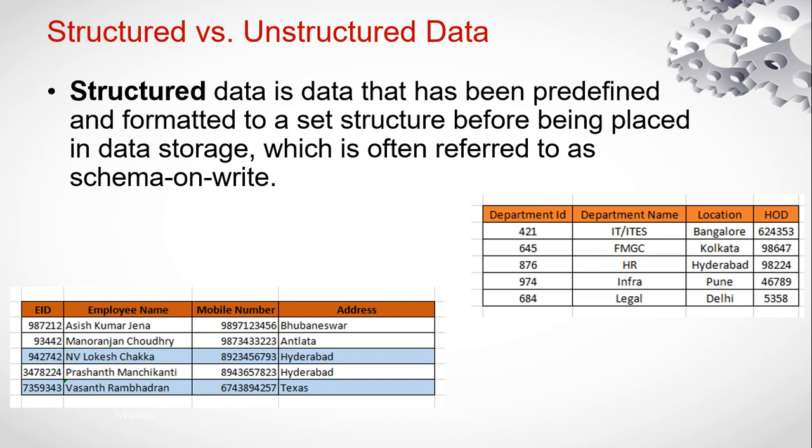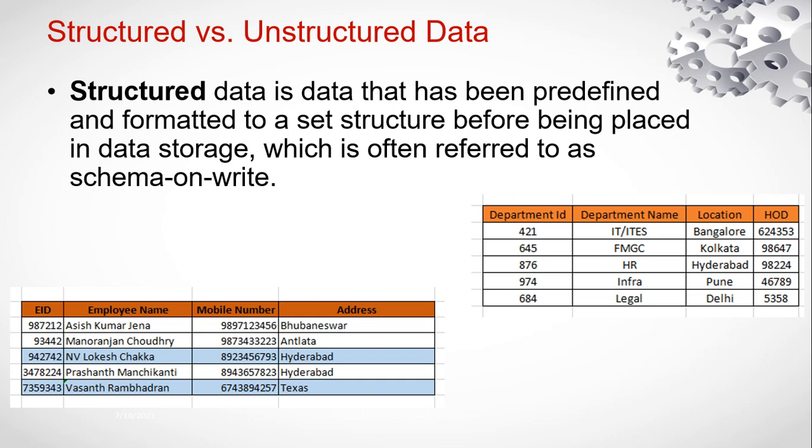Whenever we want to store this kind of data into any system, we define the structure first. Before storing the data to the system, we define the structure. You can see on this screen I have added two tables, one for the employee table and the other for the department table, and I have organized the data in these two tables. I have an EID and a department ID, which are the two primary key columns in these two tables. These are database concepts. So I have designed two different tables and organized the data. Then as per this structure, I will be storing data in my database tables.